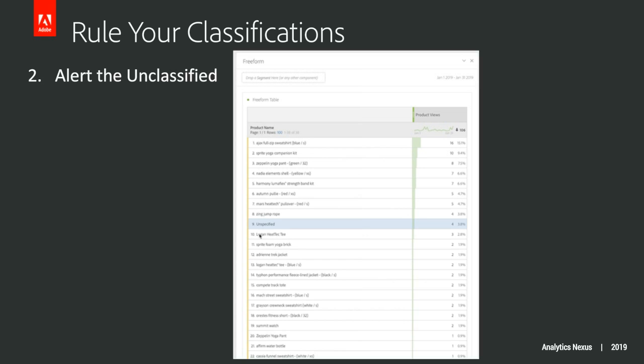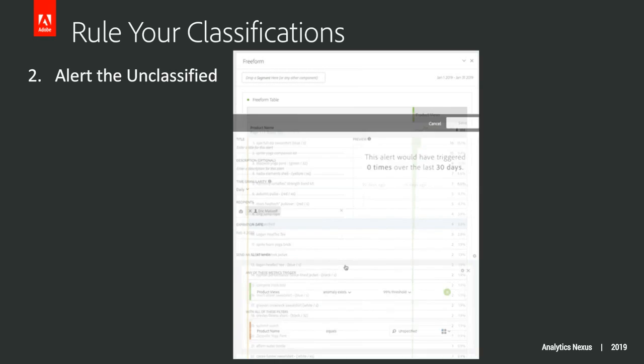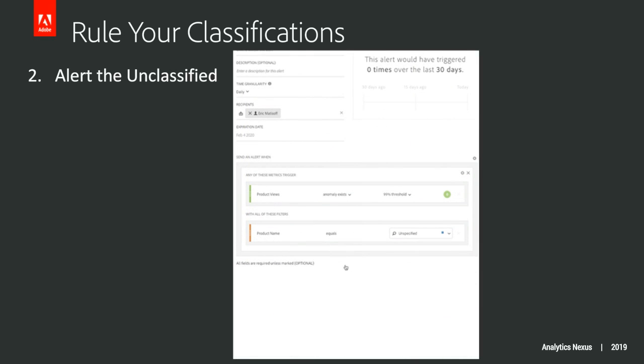So last but not least, we have the recommendation to create an alert on any of your classifications that are listed as unspecified, like the one shown here in the animated GIF. What we're doing is we're actually focusing in on a classification in this report suite called product name, and we're identifying the fact that even though product name is a classification, there's still some values that are unspecified with product views as our metric. So all we need to do is just simply right-click unspecified and create an alert from